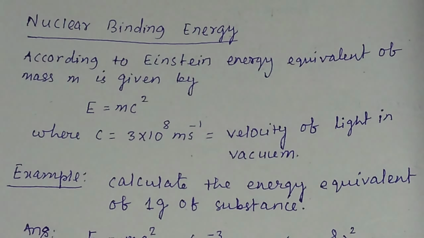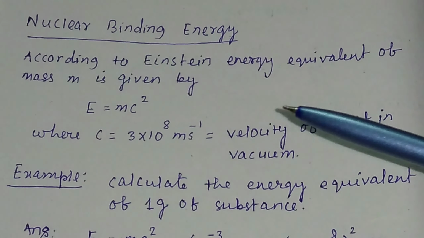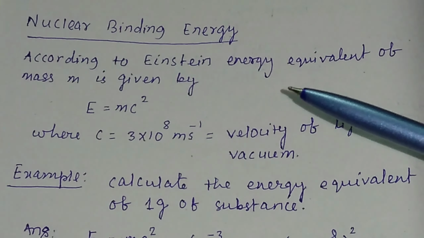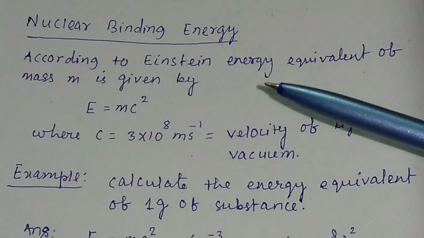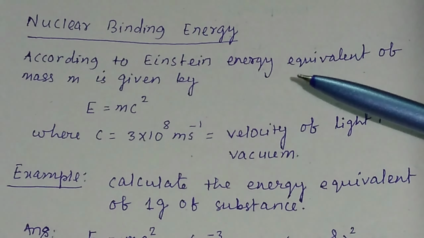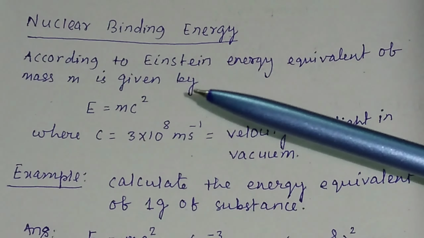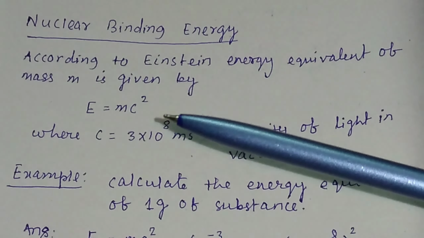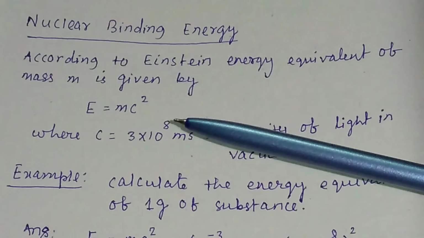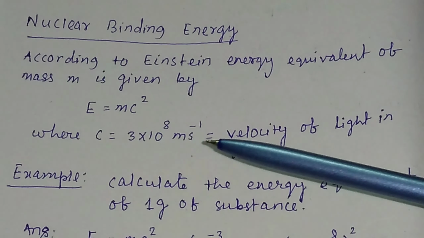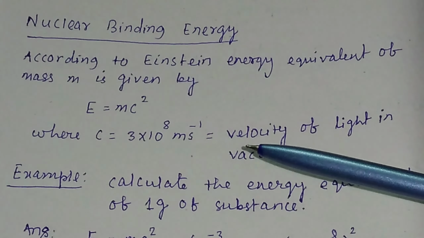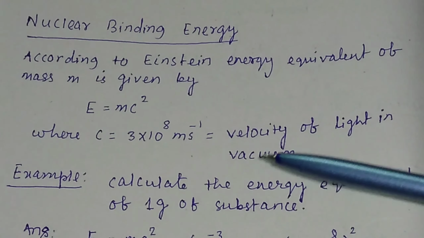Before going to know about nuclear binding energy, you must have an idea about Einstein's mass energy relation. According to Einstein, the energy equivalent of mass m is given by the formula E equal to mc square, where c is the velocity of light in vacuum. For example,